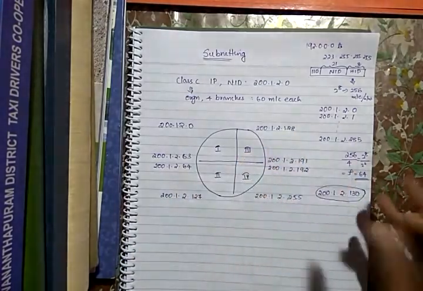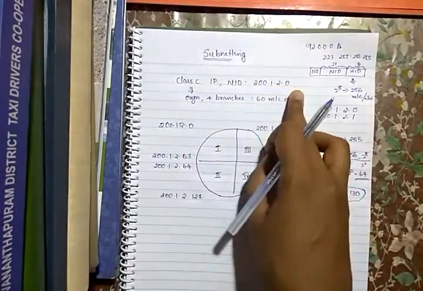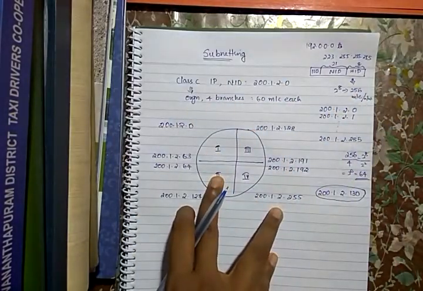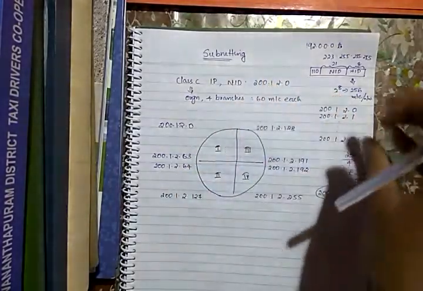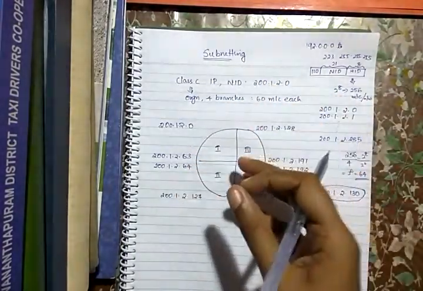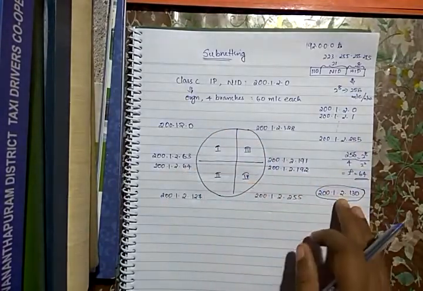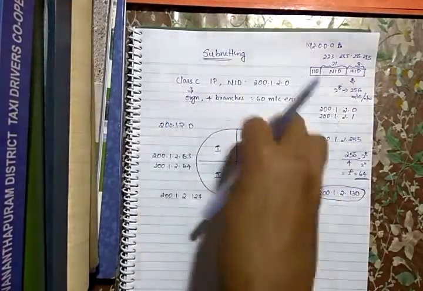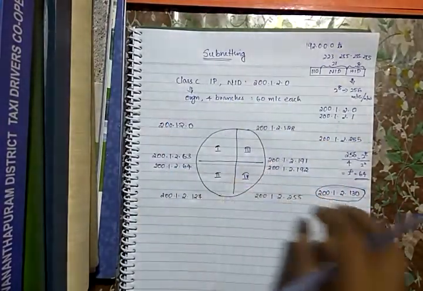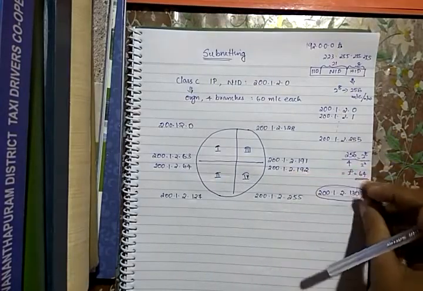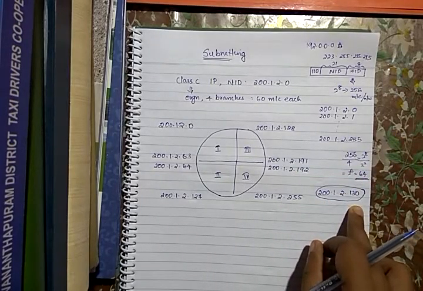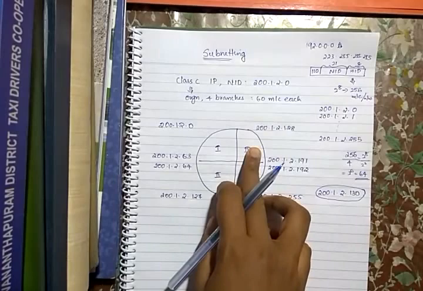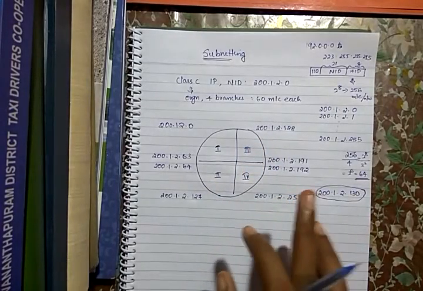For the outside world, this 200.1.2.0 represents this network as a whole, and internally the network administrator divided those 256 addresses into 4 parts, allotted to 4 different branches. When someone is sending an IP packet to this network, they don't know about this internal subnetting. So they will make an IP packet addressed to this particular address. Whenever the network administrator gets this IP packet, it should be correctly delivered to the right subnet, and how is it to be done?